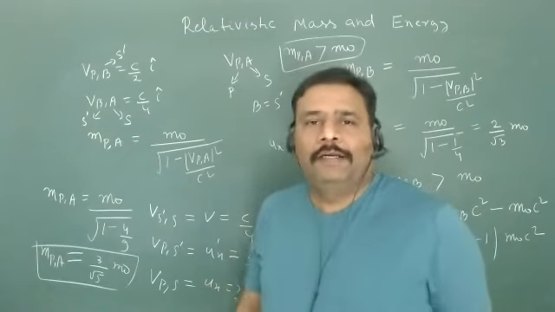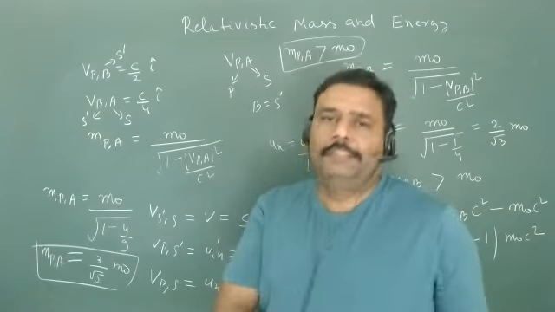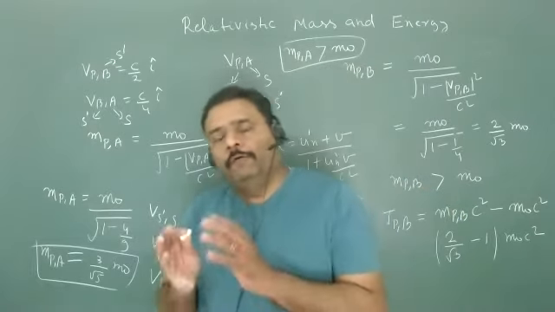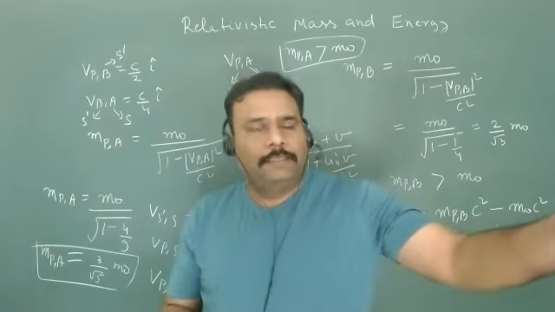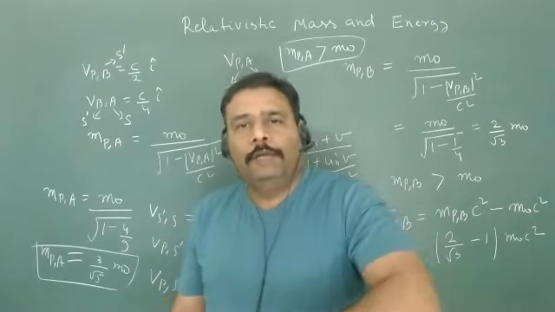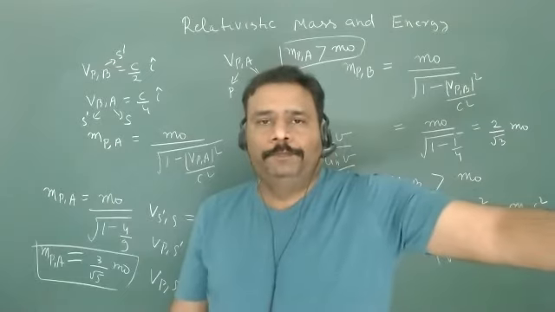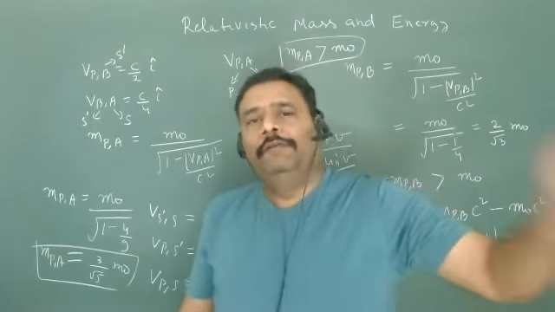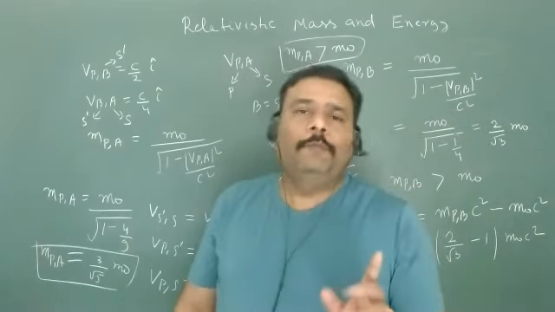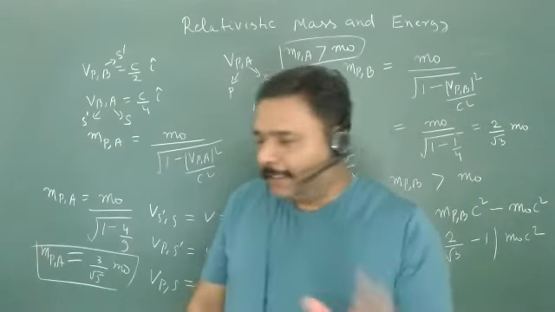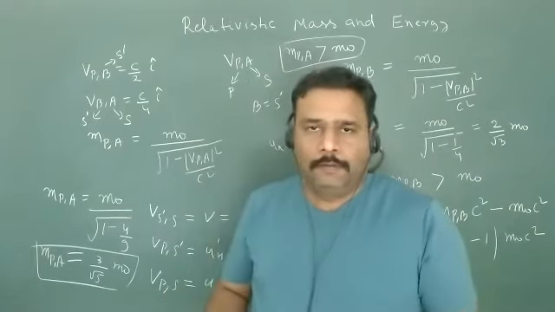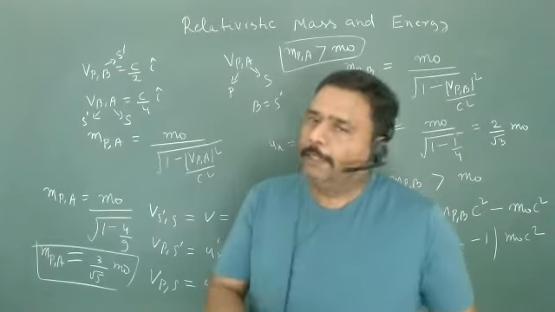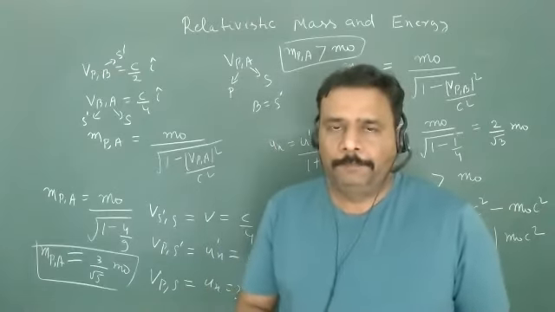Exactly. Every observer is correct with respect to his frame, isn't it? Because if you want to check whether his measurement is correct or false, you have to go into his frame. And once you go into his frame, you will measure exactly the same thing. What will be his measurement? Are you getting my point? So you cannot say this is some type of perception. No, this is not some type of perception. This is the actual measurement we are doing in the frame in which we are sitting.